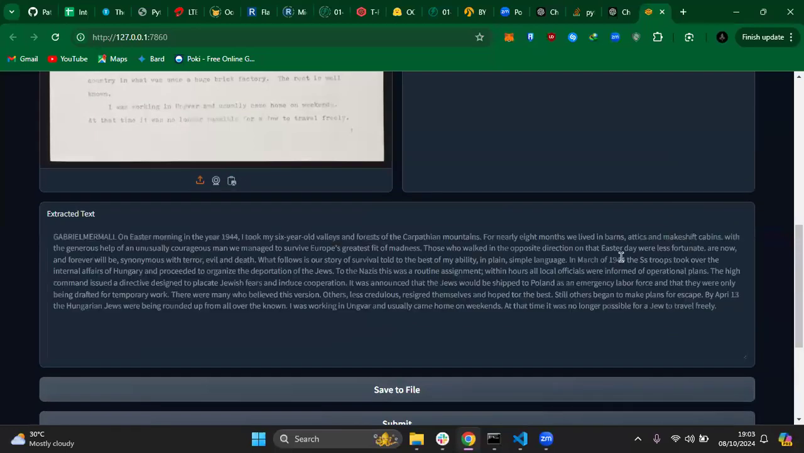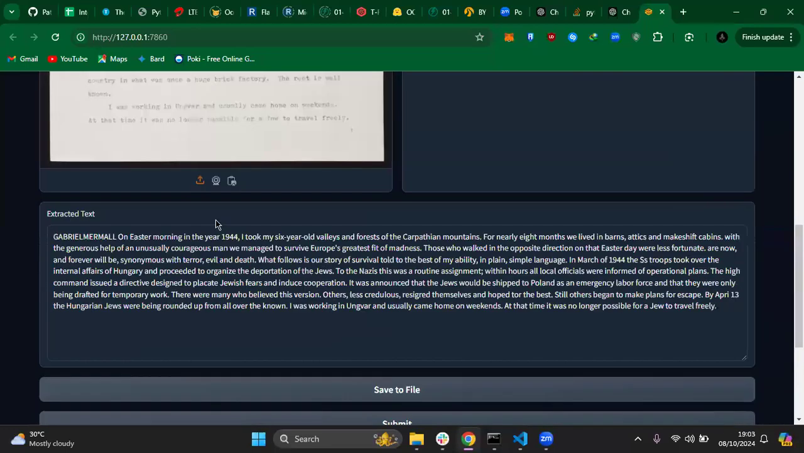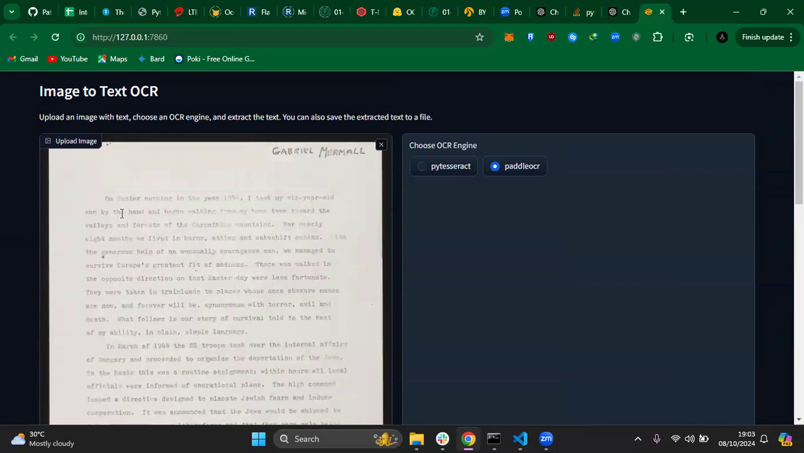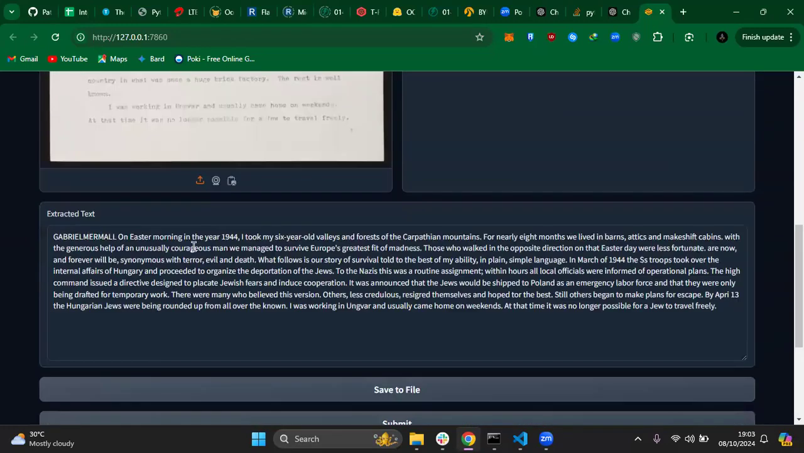So running this now, yes. Now the output is here. Looking at it now, starting from here, as you can see, starting with Gabriel Mama on Easter morning, which is the beginning here. So the given text here inside the picture, which is this over here, and straight down to the